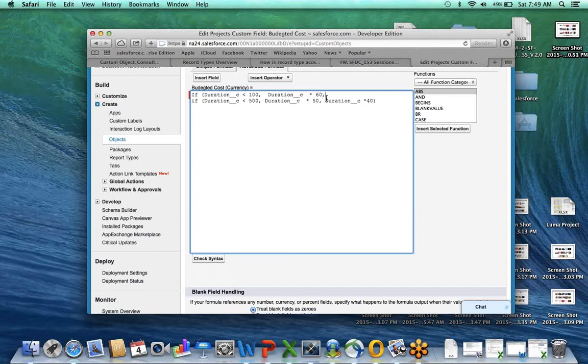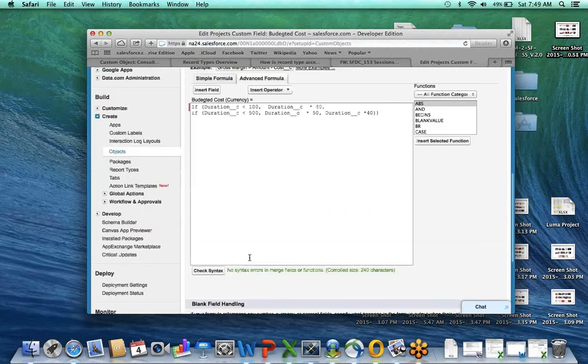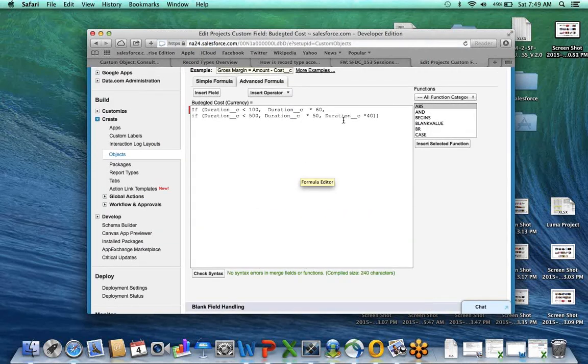Now just close one more parenthesis at the end. Yeah. And now do a syntax check. No syntax error. Okay, I'll explain it to you. Let me share my screen, and I'll tell you why that is happening.